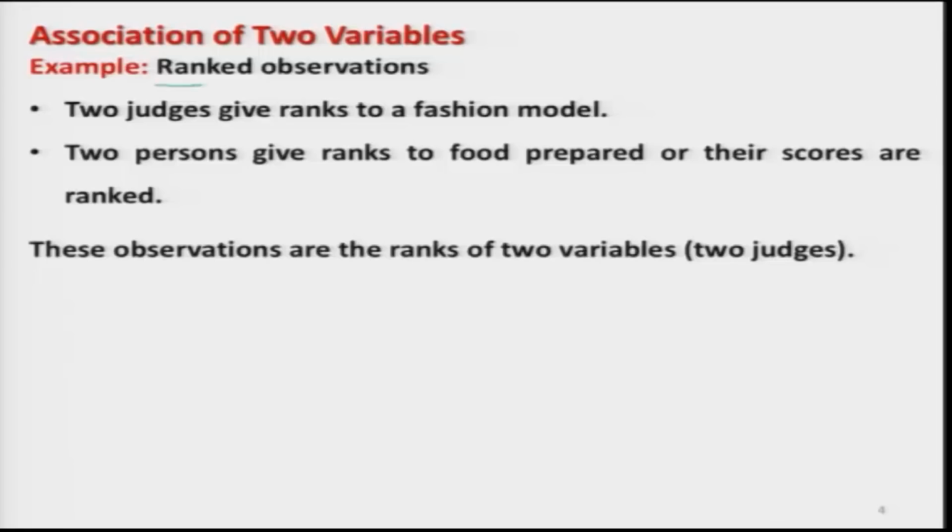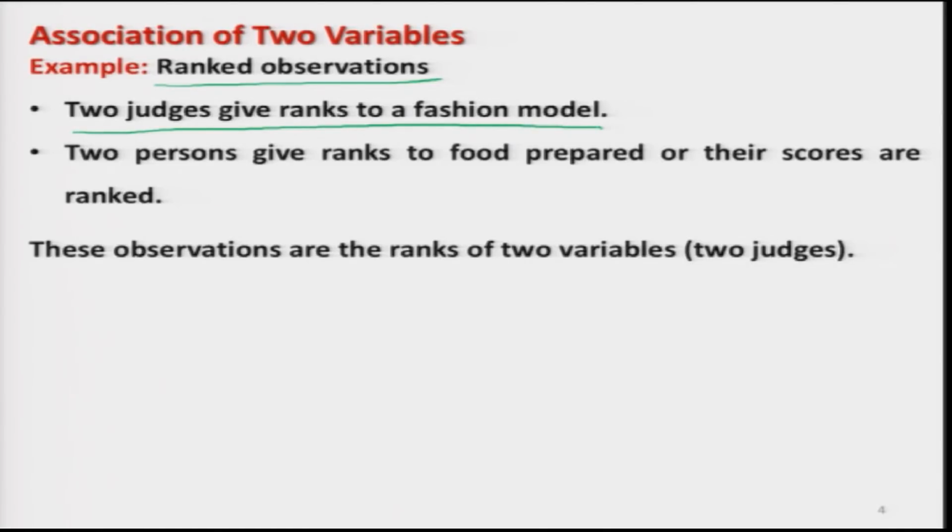How to obtain the ranks? Whatever the marks given by the judges, they are converted into ranks, and finally we would be interested in knowing the nature of association of those ranks, not of their original values. So, in this case we have a concept of rank correlation coefficient. Now we are going to consider different types of things. In case of ranked observations, there can be a situation, for example, where two judges give rank to the fashion model,